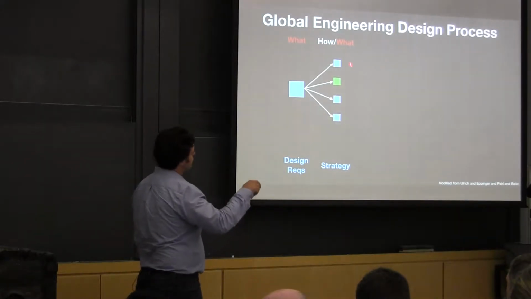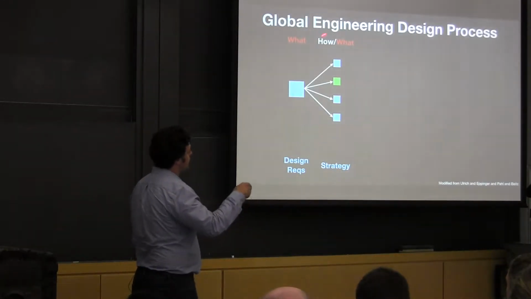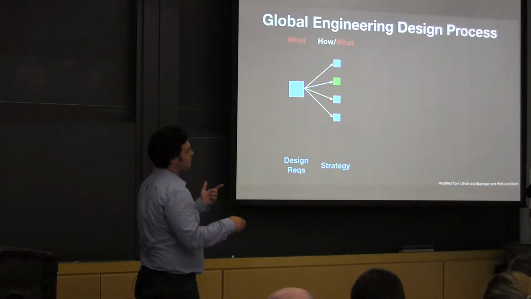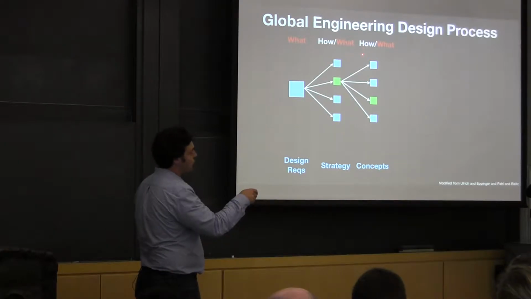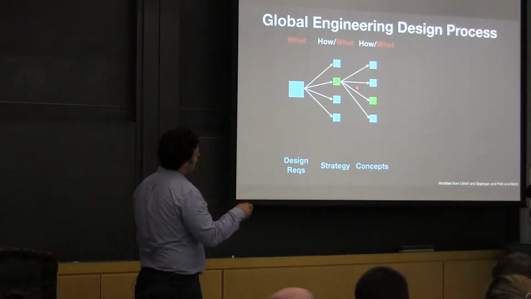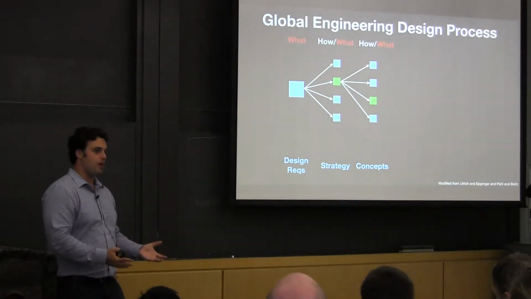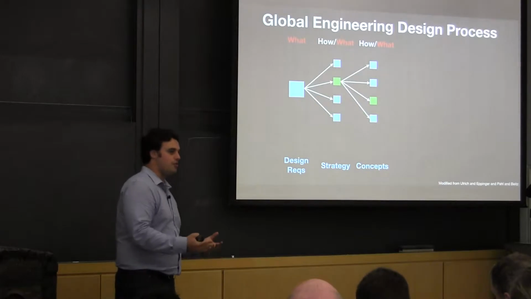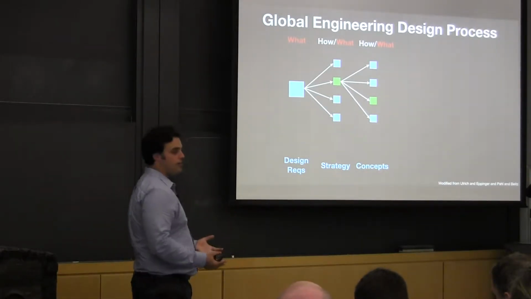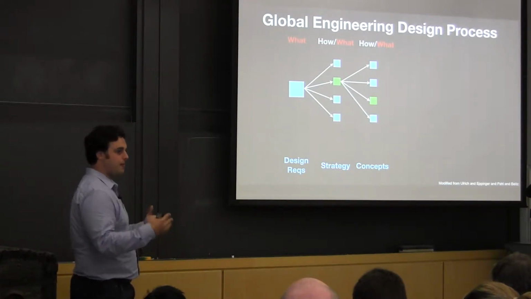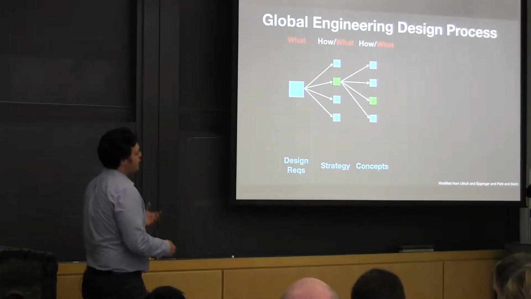So you're going to be doing that in your strategy presentations, and you're going to evaluate a number of strategies. And your strategies are how you will do what you want to do in your design requirements. But then those strategies become what you have to do to achieve how you're going to do it with your concepts. So when you go from strategy to concept, now you start thinking of actual physical ways to solve your problems. If we're talking about the farmer system and you choose pumping power, maybe solar pumping power, you can start thinking about what that pumping power system would actually look like. And you can evaluate concepts.